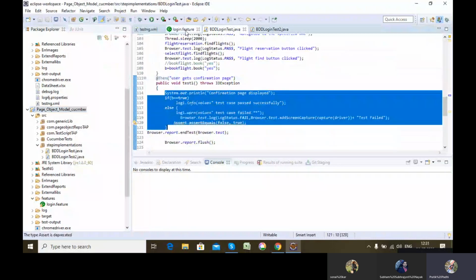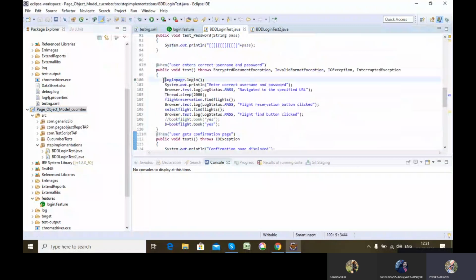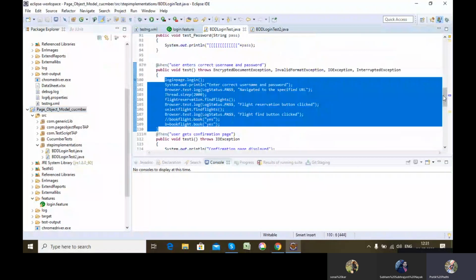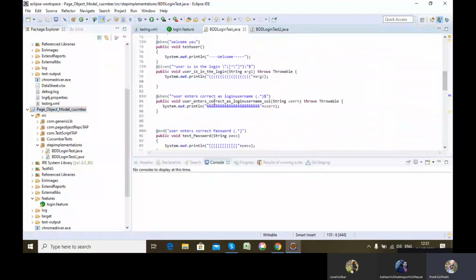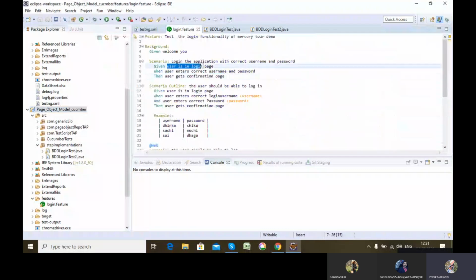And in when, I've done the total execution part of that functionality. And in given, I just went to the home page. Means you can say in given, I just did the initial part of initializing the driver and going to the home page. In when I did the whole functionality of that test case, and in then I just did the validation of that particular test case. Got my point?